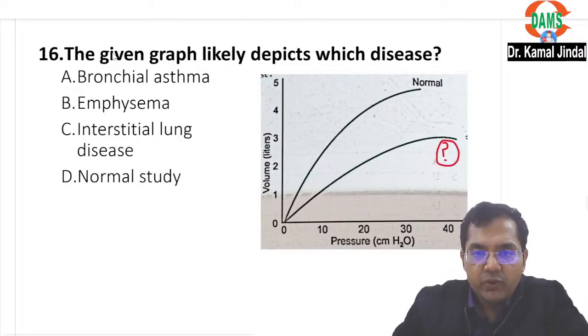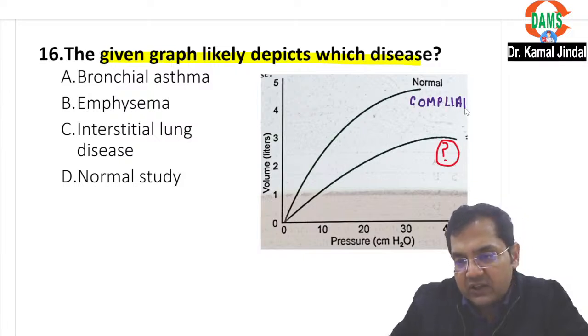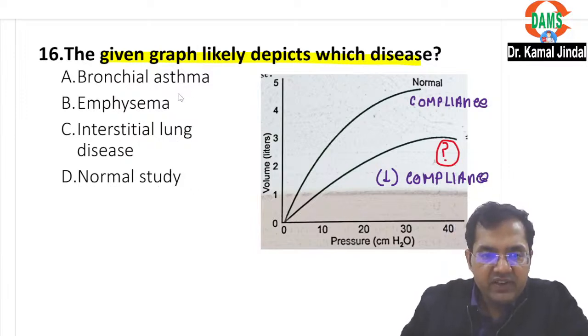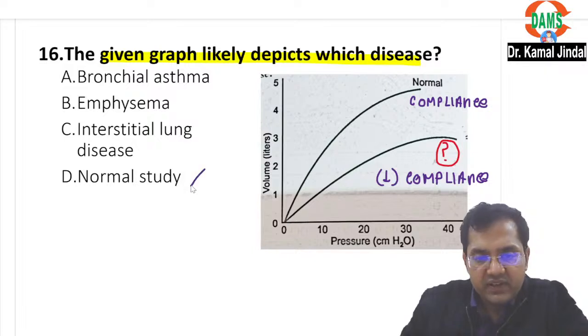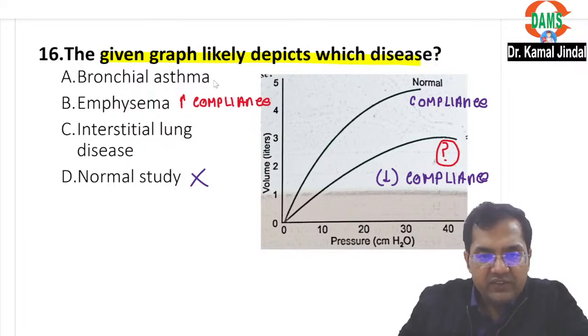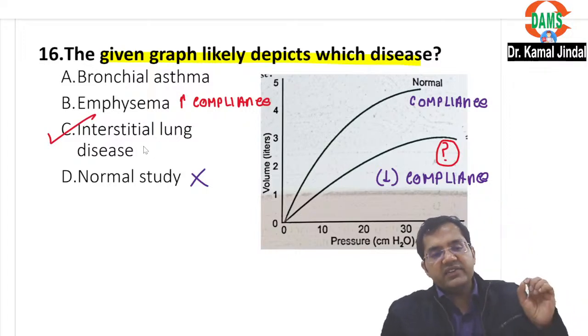Basically, if you look carefully, you will realize that over here we have given volume versus pressure. That means this normal curve is depicting the normal compliance. So any condition which decreases the lung compliance will be my answer. Bronchial asthma and emphysema, interstitial lung disease, normal study. This is not normal study naturally. Emphysema increases the lung compliance, right? Asthma also can increase, but the best answer is interstitial lung disease, where the elastic tissue of the lung